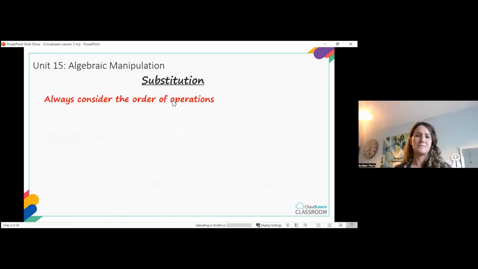Right, so for substitution, the most important thing is that you always consider what's called the order of operations. You may know this better as BIDMAS or BODMAS, or if you've ever studied in America, it will be PEMDAS. But basically, always consider working with your brackets first, then your indices, then divide, multiply, add, and subtract. Okay, so